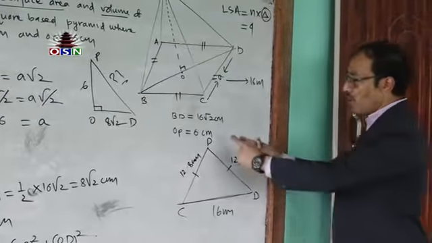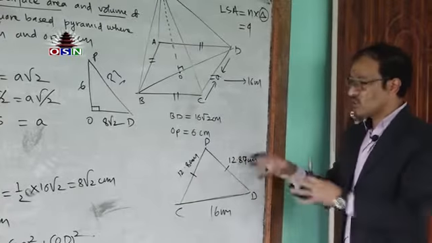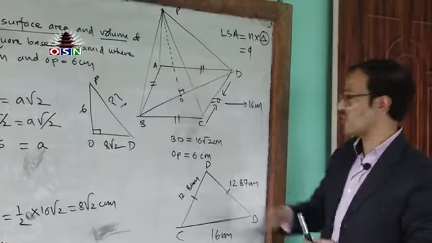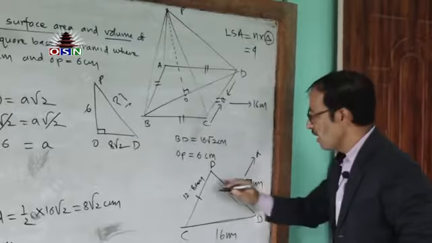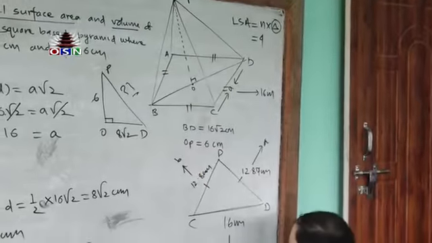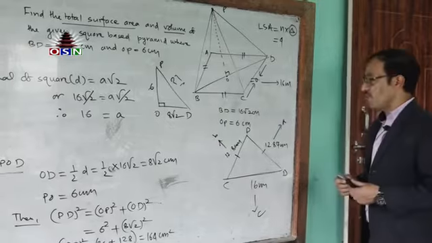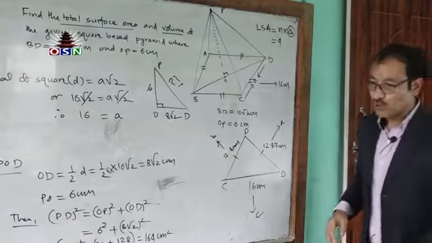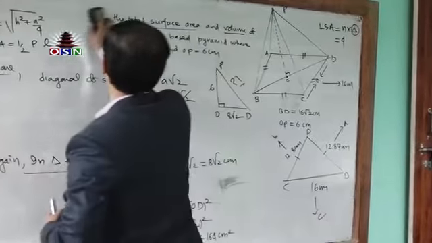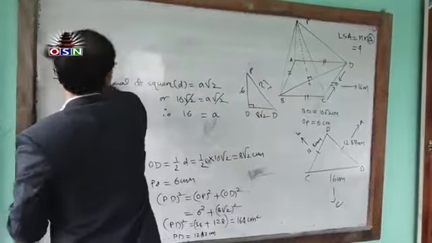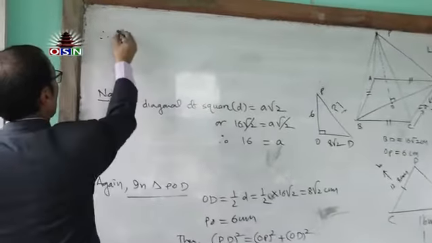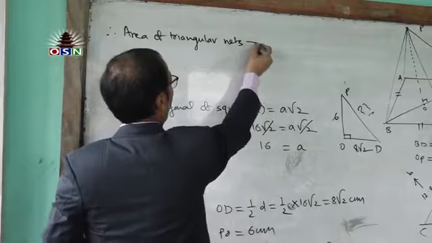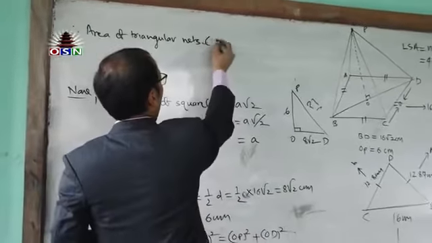And here we have got all the sides of this triangular net. I have already mentioned that there are 4 triangular nets since it has 4 sides. So let it be A, let it be B, and let it be C, because A, B and C represent 3 different sides. When 3 sides are given, to find the area of a triangle you will use this formula. Area of triangular net. We have 4 triangular nets.